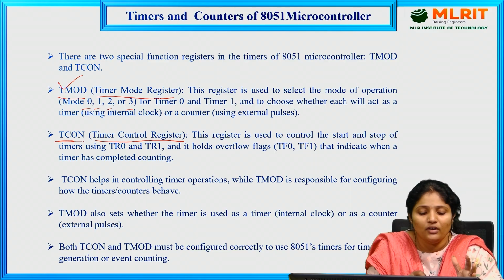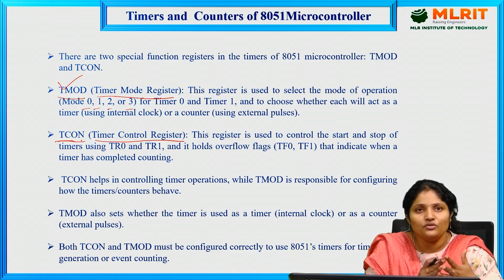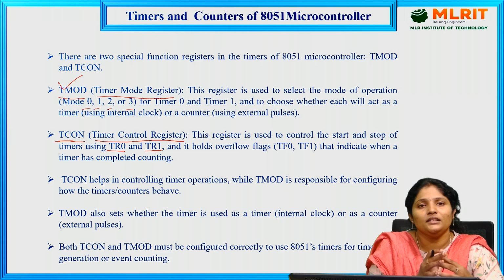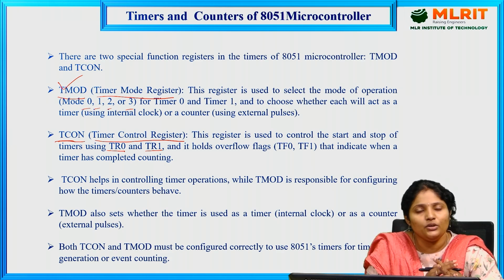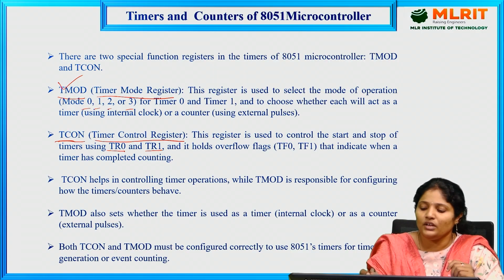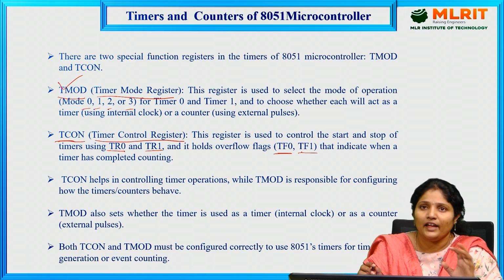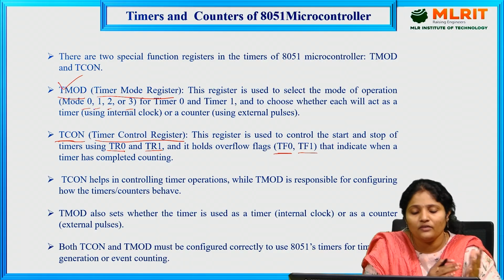And in TCON, how do we start the timers? To start the timers, there should be one bit: TR1 and TR0. To start Timer 0, we use TR0. To start Timer 1, we use TR1. And the overflow bits, I have already told you: if a timer reaches the maximum size, it rolls back to the minimum value of its location, so there will be overflow flags. We check the timer flag of Timer 0 and the timer flag of Timer 1. Along with these two, the other 4 interrupt bits are present in the